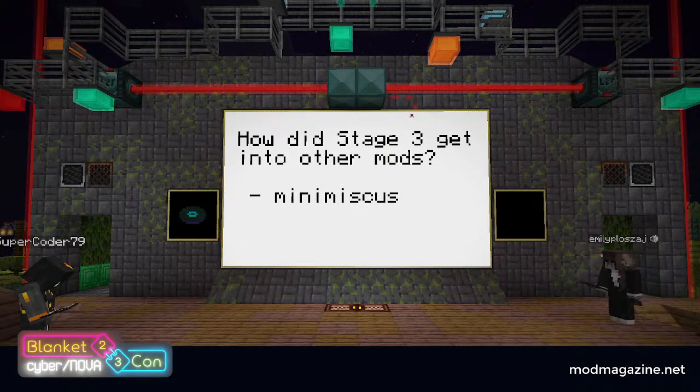Stage 3 is not present in any mods. The only instance of fractureiser that is present inside of mods and on sites is Stage 0. Stage 0 is what downloads Stage 1, is what downloads Stage 2, is what downloads Stage 3. It's an iterative downloading process from the internet, so yeah.